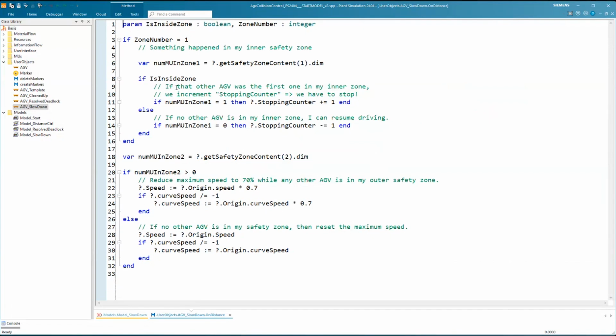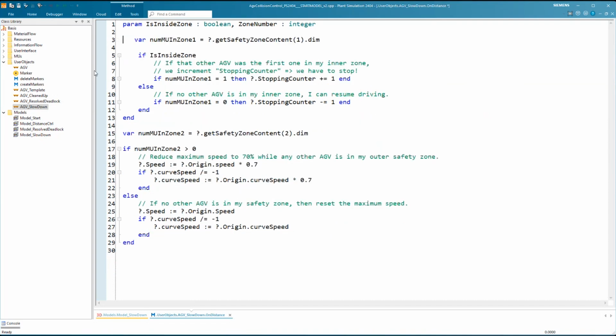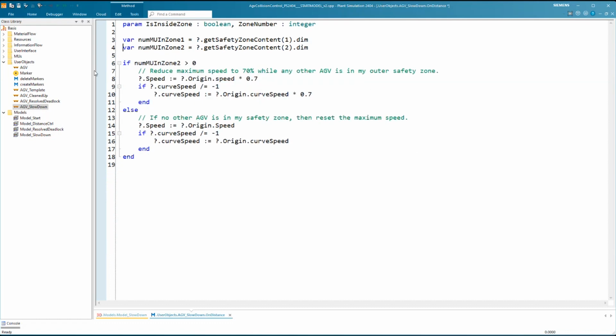And I will rearrange it somewhat. So I will first keep this line. So how many AGVs are in my inner safety zone? And I will basically remove this whole first block, the rest of it. So I just ask how many AGVs are in my inner zone, how many are in my outer zone.